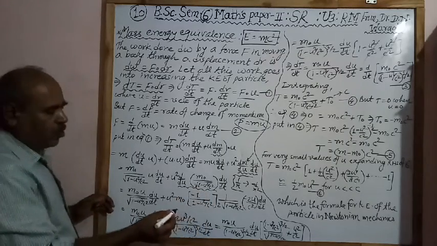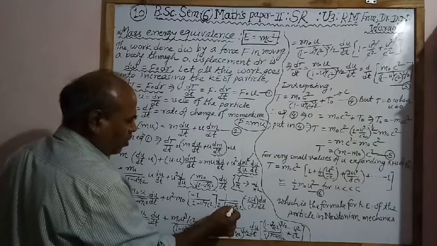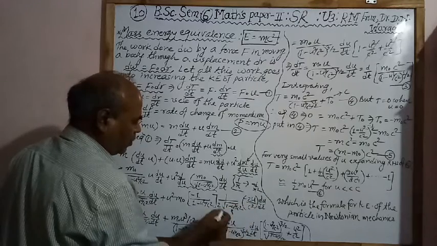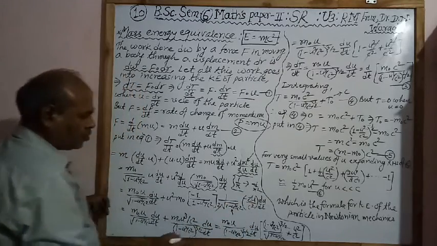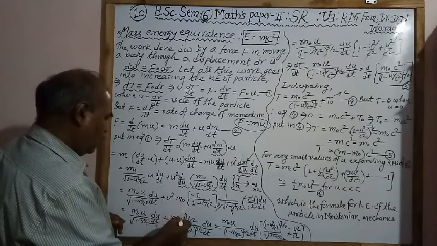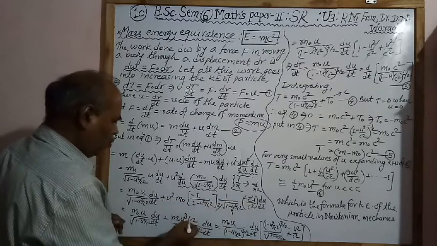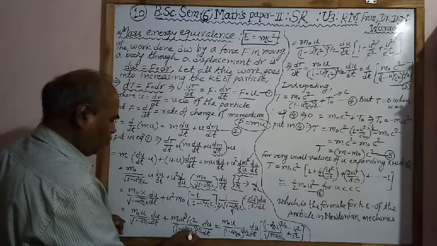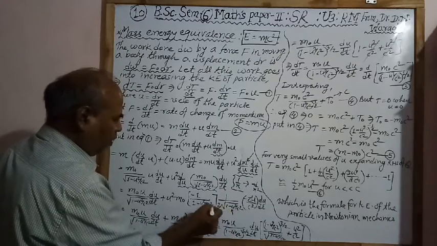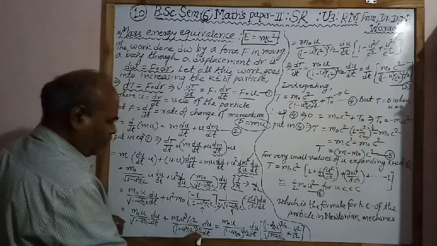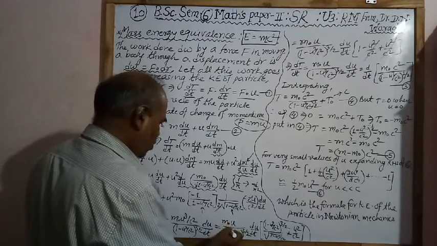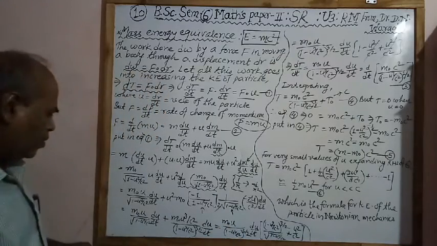We know that derivative of under root of x is 1 upon 2 under root of x into again derivative of this internal function, minus of twice u divided by c square. Here 2 gets cancelled. Therefore, next term we have m0 u cube by c square divided by 1 minus u square by c square, power of this we get 1 and power of this half plus 1, that is 3 by 2, into du by dt. Then we take common here m0 u divided by 1 minus u square by c square to the power 3 by 2.